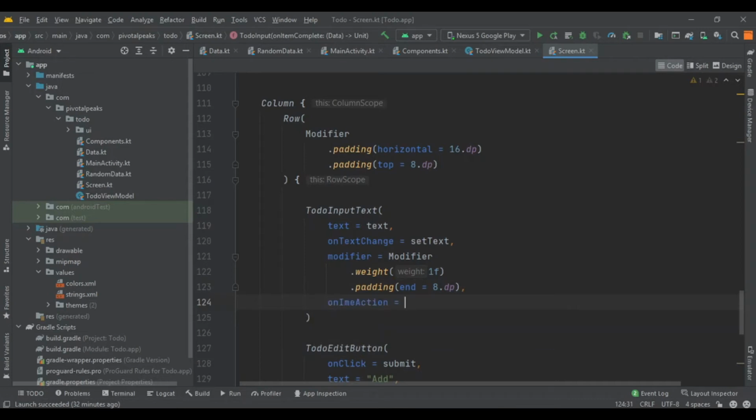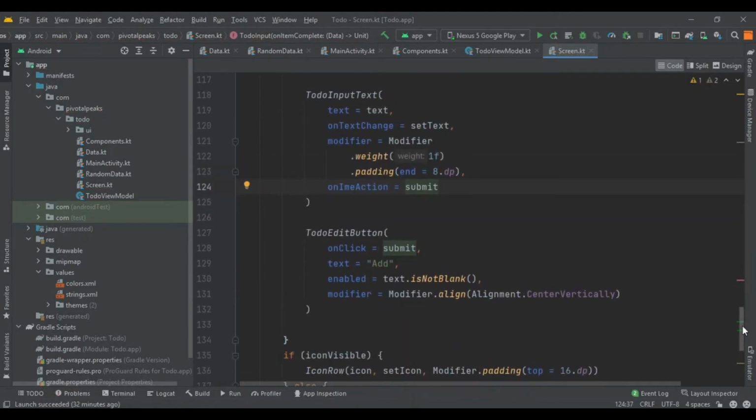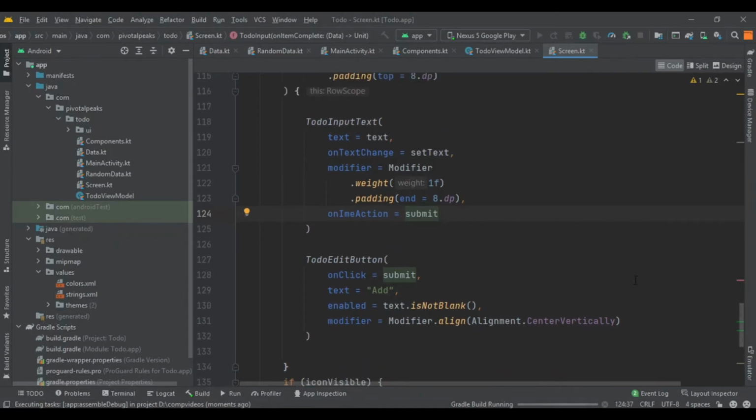Yeah, on IME action, and call our submit function, the submit lambda function, and that's it. It should work with the button from the Android keyboard. So let's see if it's working or not.